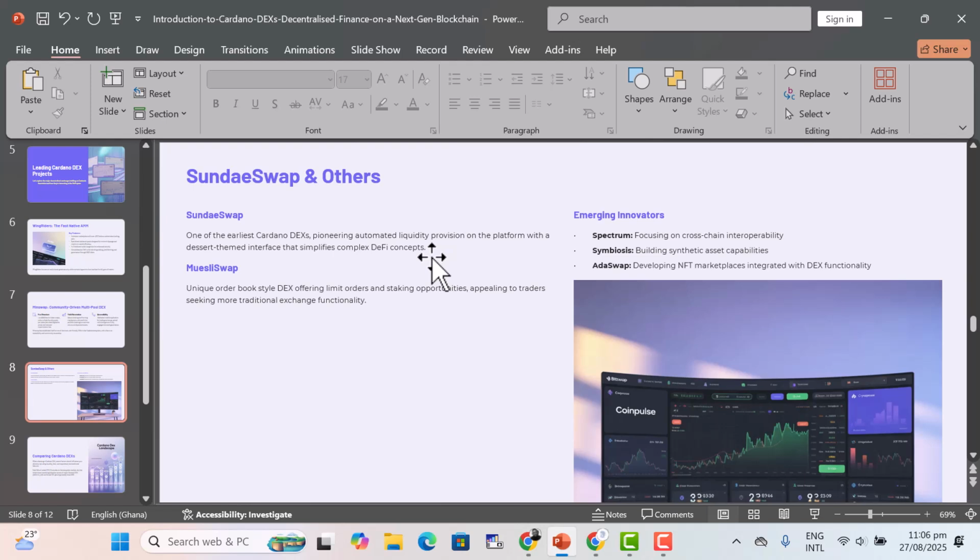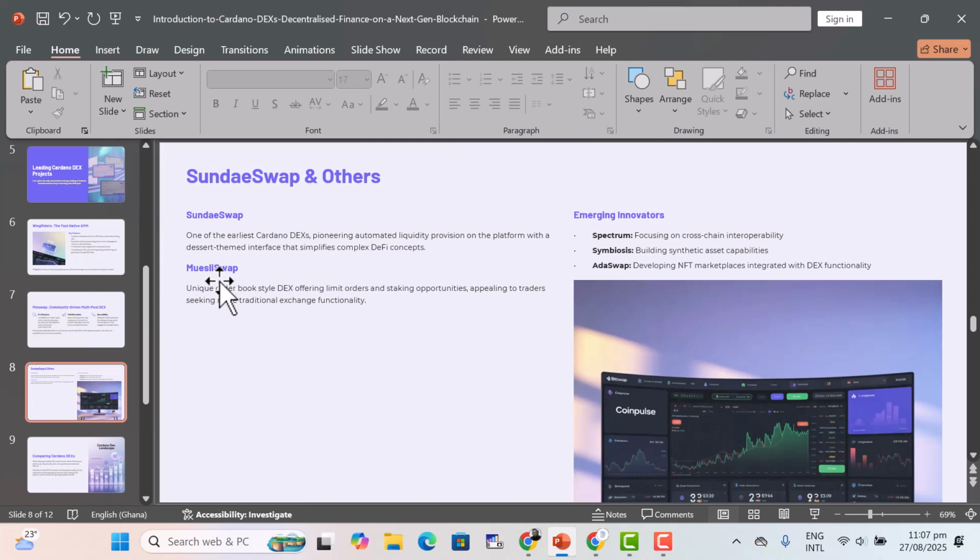If you have been in Cardano for some time, you would have heard of it from the very beginning, that it has been one of the earliest. Then we also have